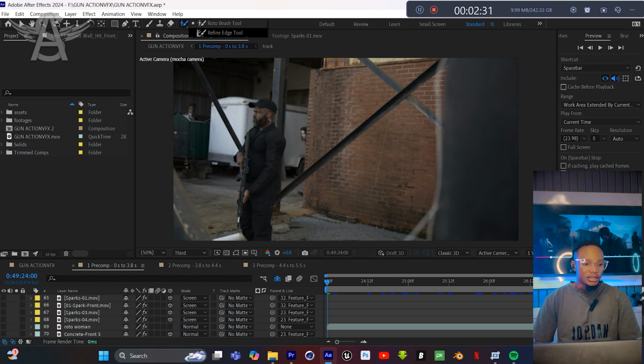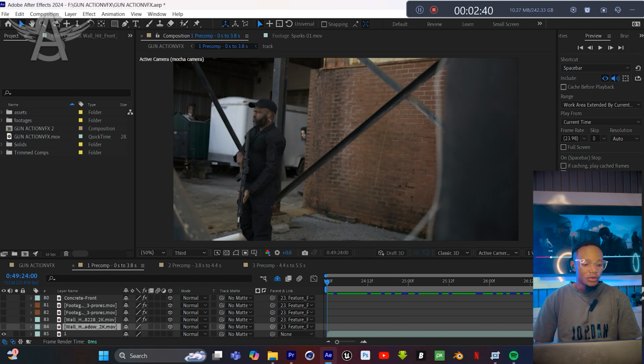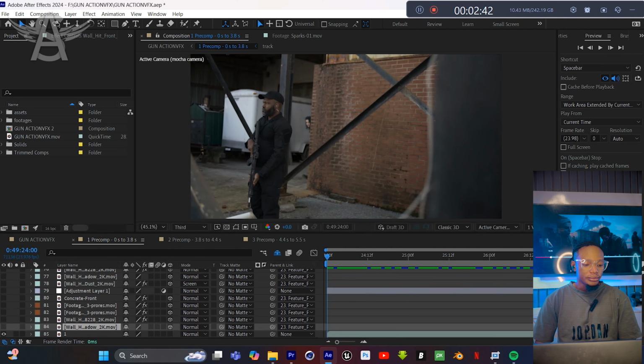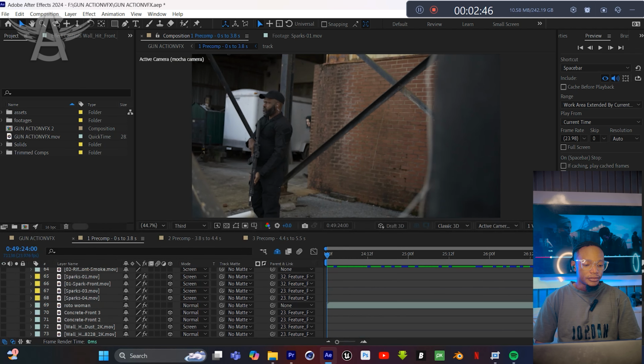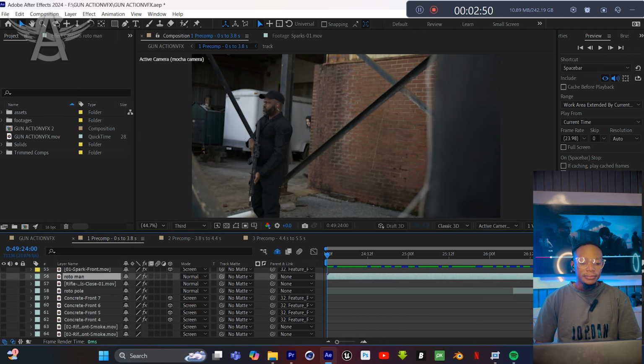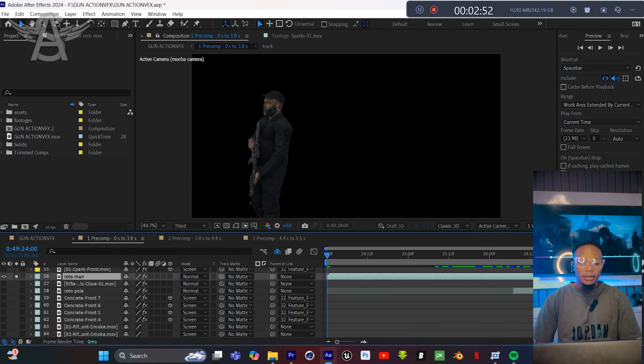So I did a roto of this man. Let me quickly show you. Okay, this is the roto of the man with a gun. As you can see,